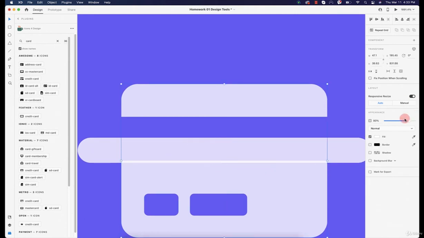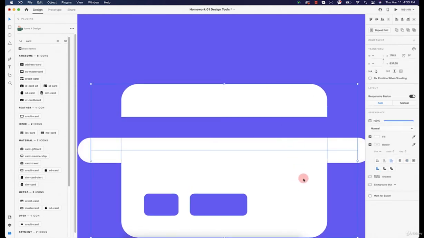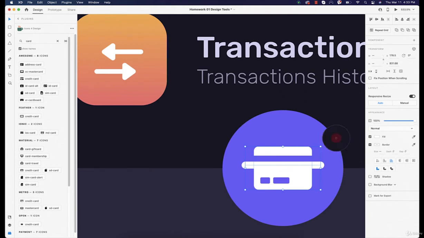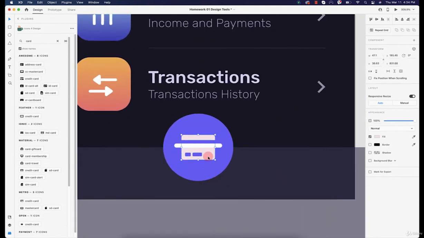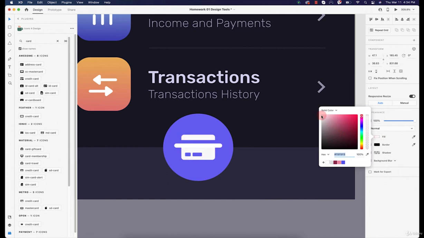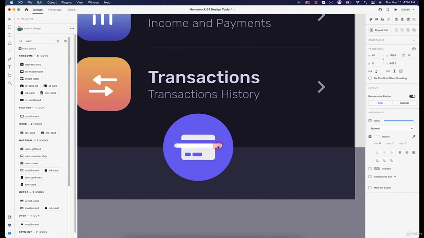Let's select both of them and increase the opacity. Oh, sorry, I didn't select the line. Now we have something like this. Let's select both of them and I want to change the color to something grayish, like white grayish. I didn't get the color that I want. Let's change it again. No, actually, I will just click over here and choose the color like this, and we're